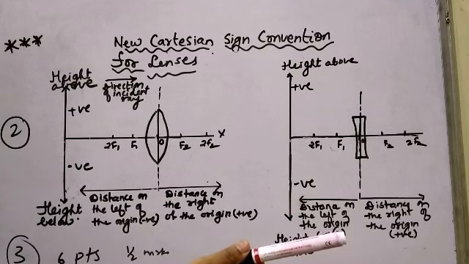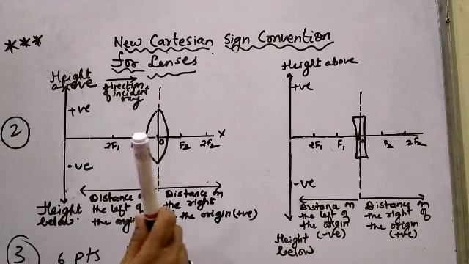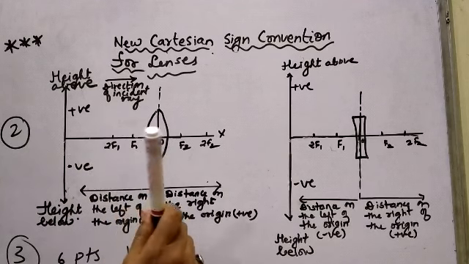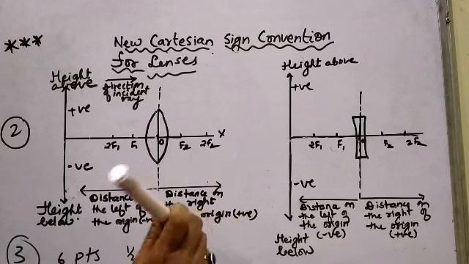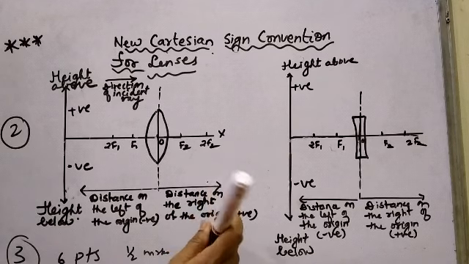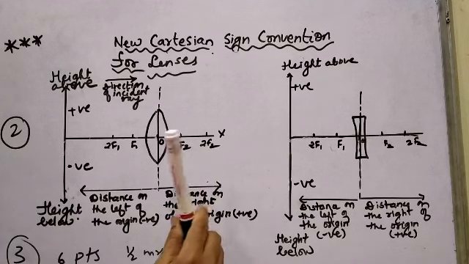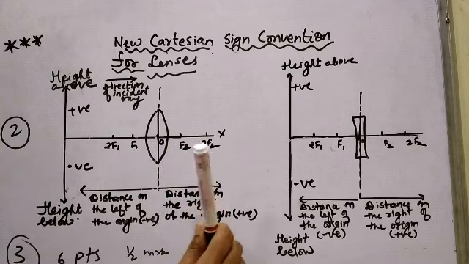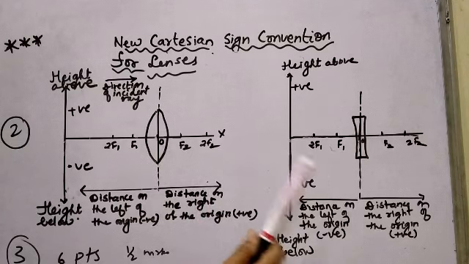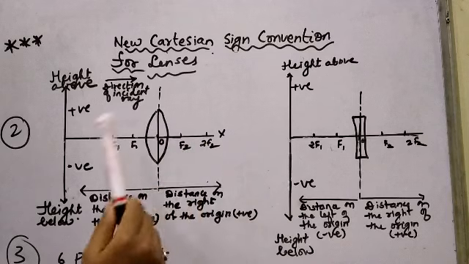Focal length of a convex lens is positive. Focal length of a concave lens is negative. Convex is positive and concave is negative. Similarly for mirrors also. For a convex mirror, focal length is positive. For a concave mirror, focal length is a negative value. Okay. So let me once again repeat the new Cartesian sign convention for lenses. Another thing is, when you are drawing the diagram for the Cartesian sign conventions, you will have to draw both the diagrams, for a convex lens as well as a concave lens. Okay, and you have to mention all these things.